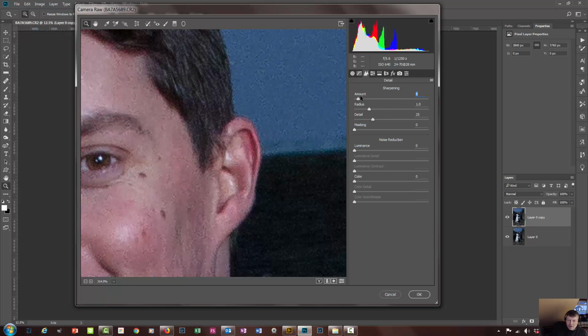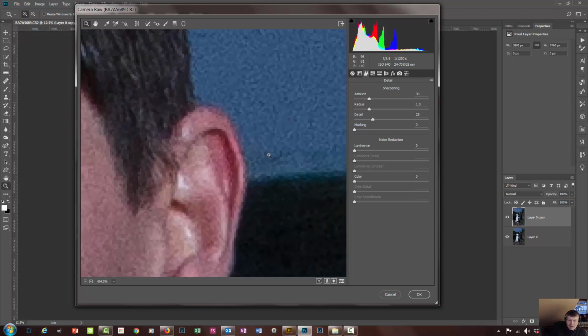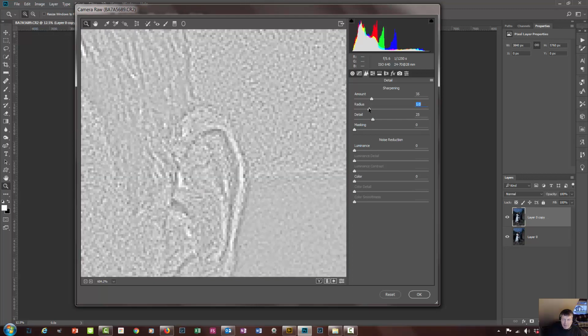So starting from here, put in a little bit, and the area I'm looking at is round about his ear. Am I making it sharper or am I distorting it? So we'll make it a little bit, and all it's doing is adding a lot of contrast into the darker bits of this image. So we'll put some in there. We'll come to the radius. Now if I put the radius massive,